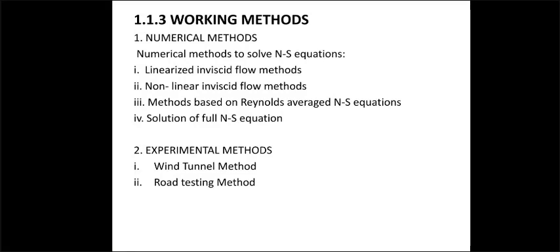So here the scope part is over with the basic principles under the scope. Then we have the internal and external flow under the scope, and then we have the different methods under the scope, that is working methods under the scope. So these are the three different parts under the scope. Okay, so this is the end of the first 1.1 of module 1.